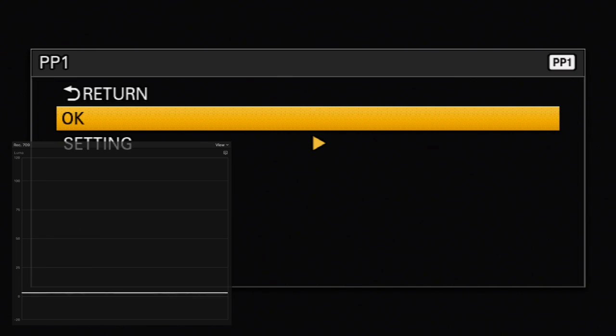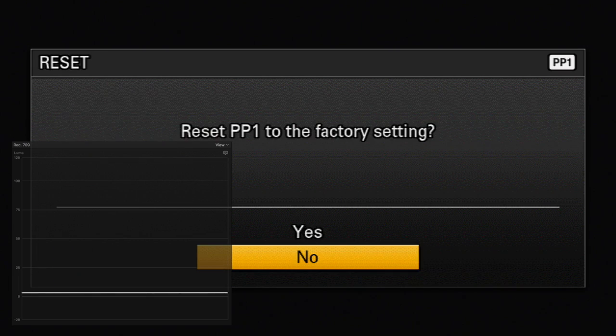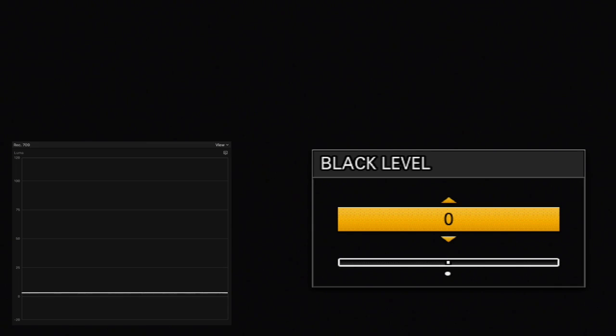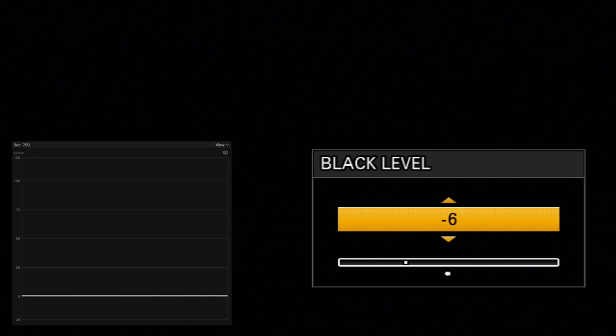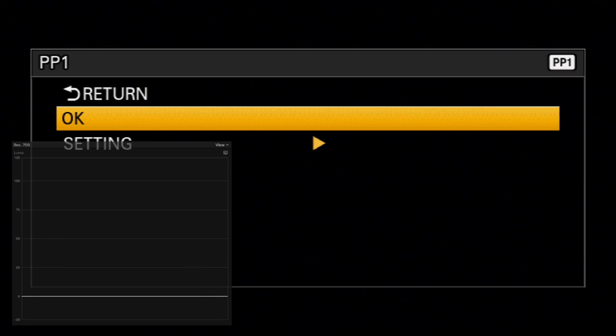So going to picture profile 1. It is already at standard, but let's reset just to be sure. As you can see, no change. Let's go to our black level, which is also called pedestal in other cameras, and let's bring our black levels down. I'd say about -7, -6, -7. I'm going to go with -7. Return, okay. Right, let's take our cap off,